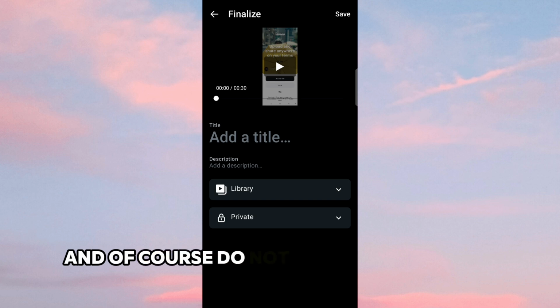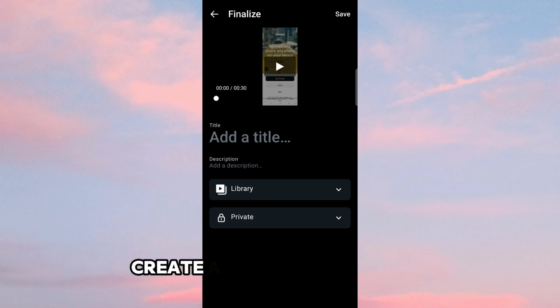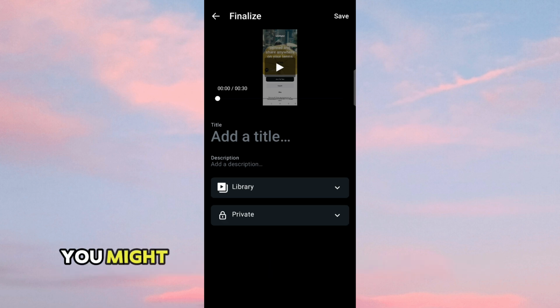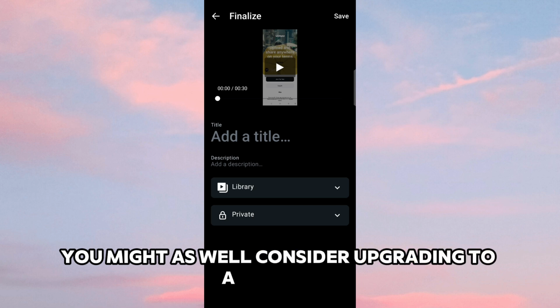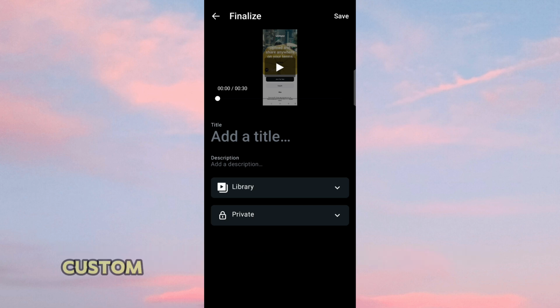And of course, do not forget to optimize your video. Add tags, create a custom thumbnail, and share your video on other platforms by embedding it on your website or blog. You might as well consider upgrading to a paid plan for additional features like higher storage limits, custom domains,